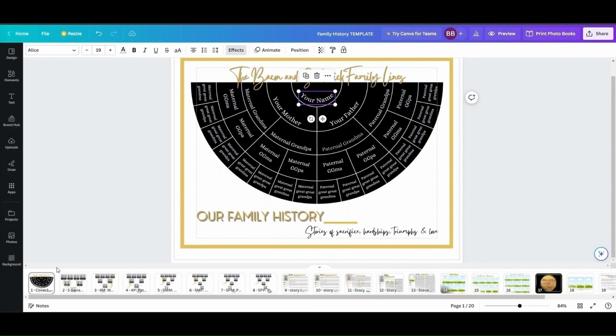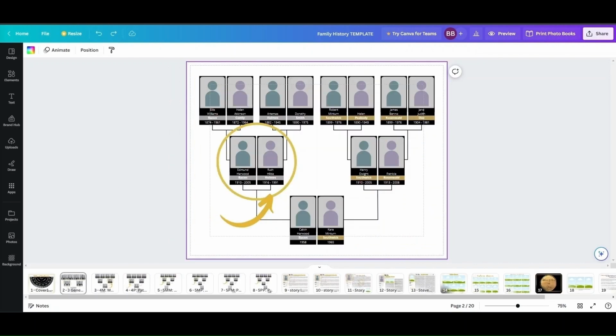Step one is to go to the cover page and you're going to fill in your family tree. Change the name up here to your family lines and fill in all of this information here. Step number two will be to fill out this family tree. You'll start with the first couple that you're going to start the book with, whether it's you or your parents or your grandparents. This is the couple that you're going to start with,